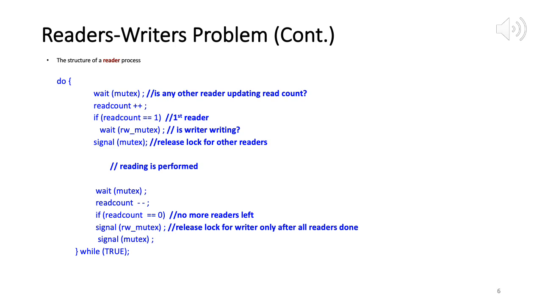Now we look at the reader, and looking at this code, you will see that there is one variable which is shared among all readers called read count. Before the reader can do the reading job, it increases the value of read count by 1, read count plus plus, and later, after the reading is performed, it does read count minus minus. Now in order to protect this read count, we have a wait mutex and signal mutex. You will see wait mutex, then read count plus plus, and then signal mutex. Likewise below you will see wait mutex, read count minus minus, and then signal mutex.